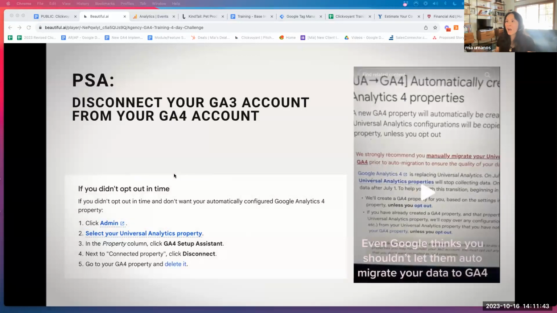If you did not opt out of Google Analytics 3 automatic migration, Google is in there right now changing your tags. And this happened to us last week. We were cleaning up the Google Analytics implementation for one company, and then all of a sudden we have all these changes in our GA4 account by system admin. And that is Google